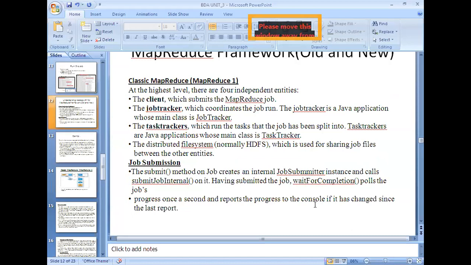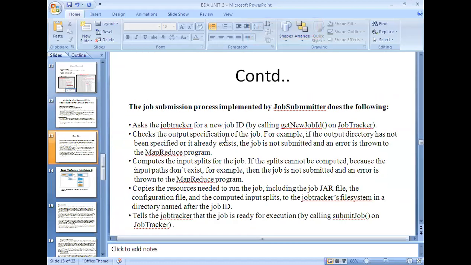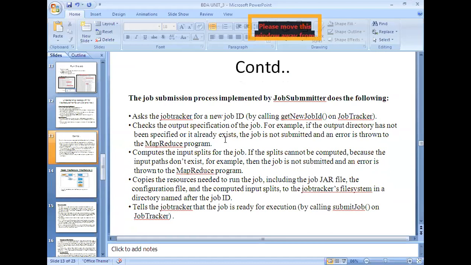Okay, so as I told you, periodically it takes responses from the data nodes and verifies whether whatever data is present in the name node and the data nodes are the same or not. Okay, regarding the blocks that are assigned and the jobs that are going on, this is all the information.